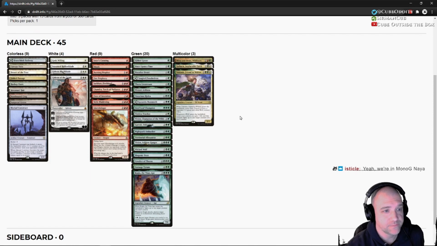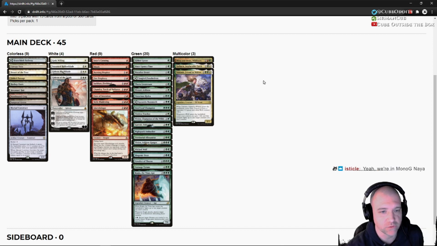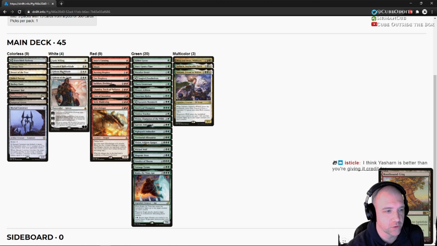I don't mind it. The white might be like one of the Gideons and Tolsimir. So again, it might be really just base green with a little bit of white and red. We're mono G Naya? Yeah, I'm feeling that pretty hard, and I don't feel too bad about it. We got 20 green cards, and splashing in something like a Yasharn feels pretty good with the mana we got. I do wish we had a little bit more red fixing, but